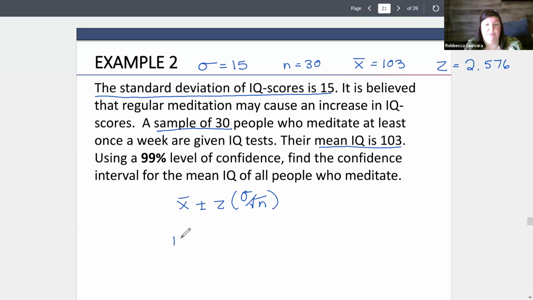We know what x bar is. We got a point estimate of 103. My critical value is 2.576. My standard deviation is 15, and I'm dividing by the square root of n, which is 30. So my interval, I can just put that whole formula in my calculator. So I can do 103 minus 2.576 times 15 divided by the square root of 30. And this gives me